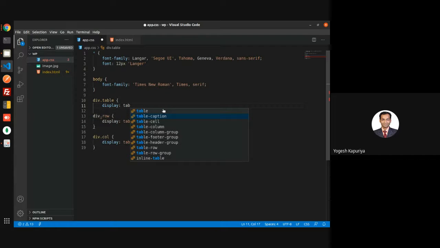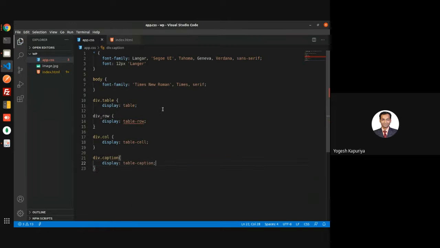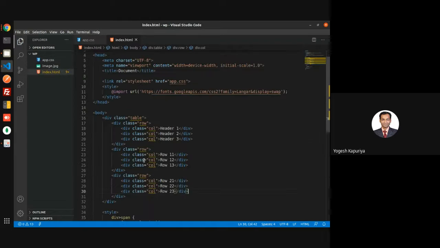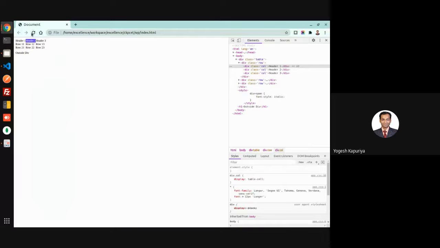Like if you want to give something as a caption, so let's say we have some caption to this table. So that will add that caption to that table.